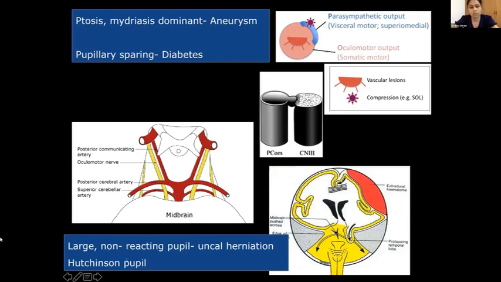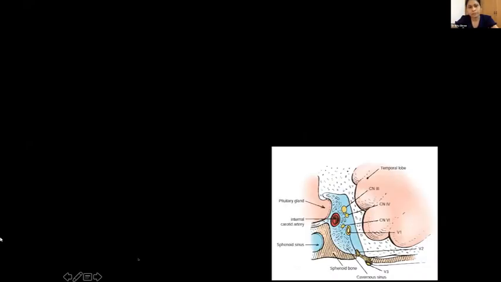This pupil is also called Hutchinson pupil. The nerve travels anteriorly, pierces the dura, and enters the cavernous sinus just above the entry